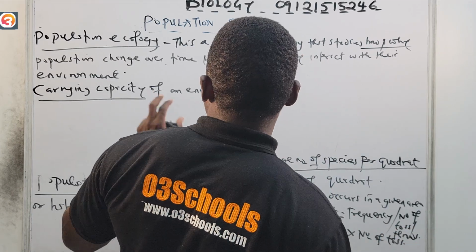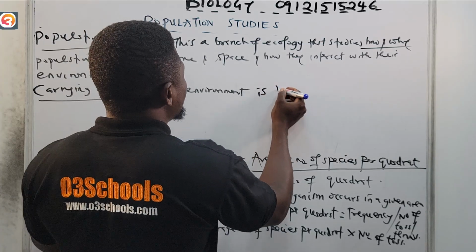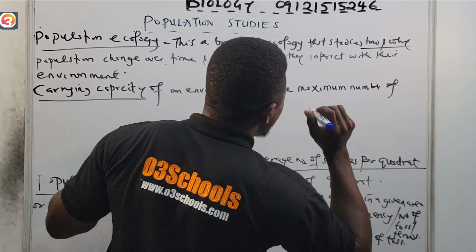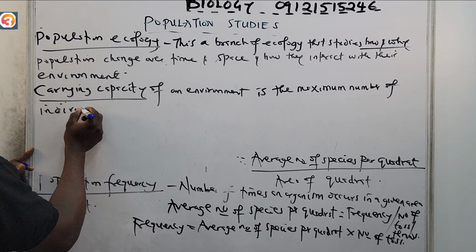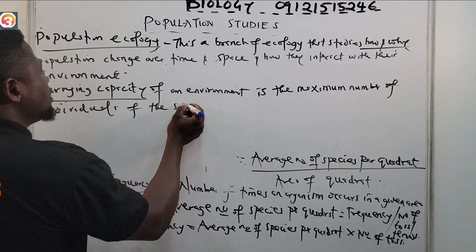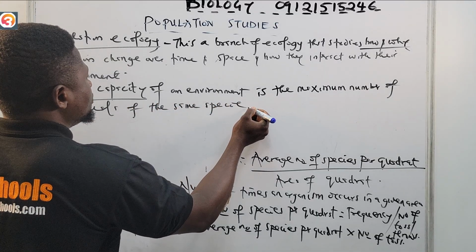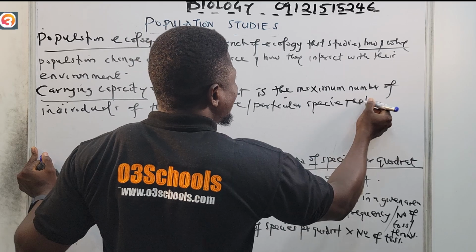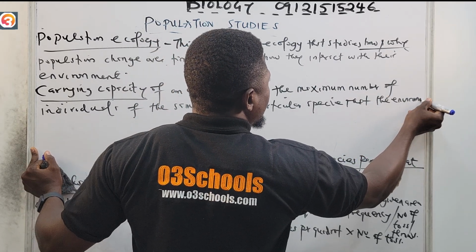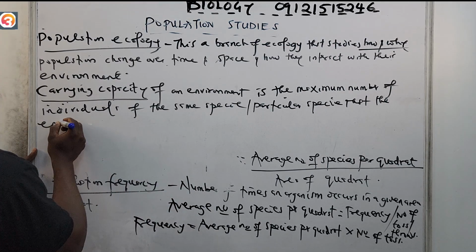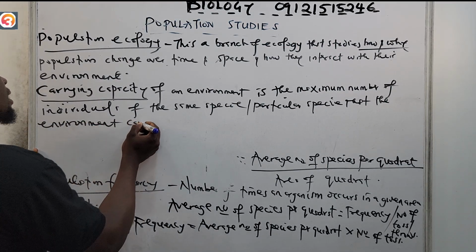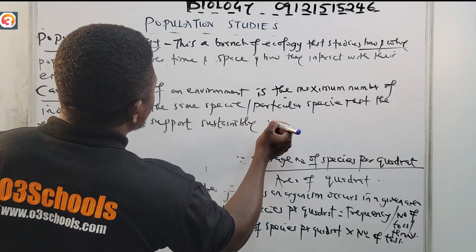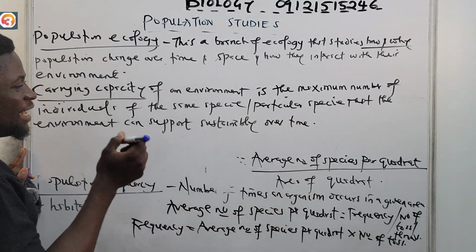All right, so we say the carrying capacity of an environment is the maximum number of individuals of the same species, or a particular species, that the environment can support sustainably over time, given the available resources